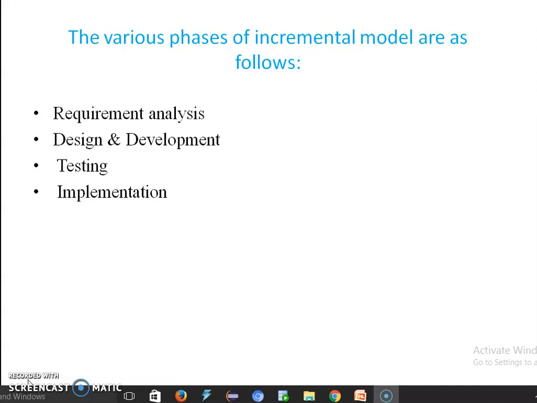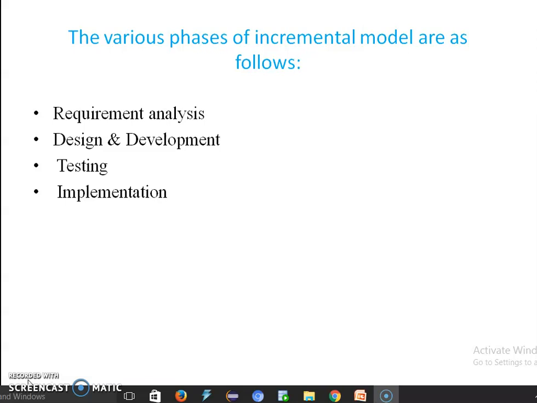In the first phase of the incremental model, the product analysis identifies the requirements, and the system's functional requirements are understood by the requirement analysis team, which then develops the software under the incremental model.